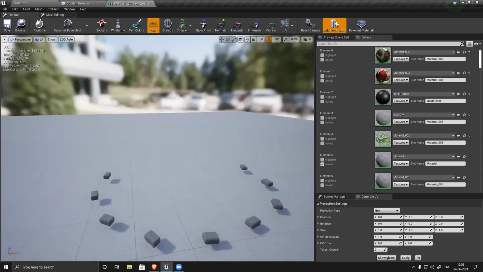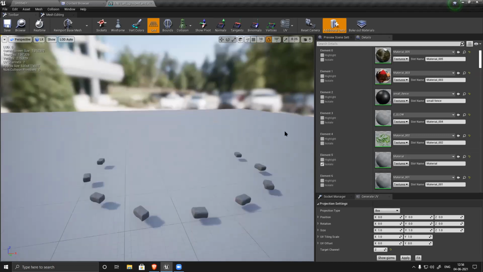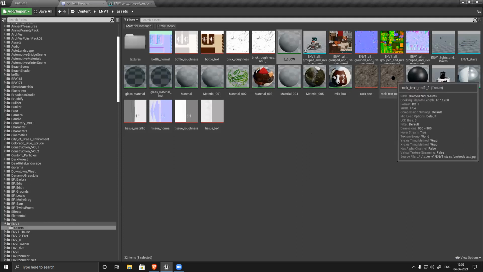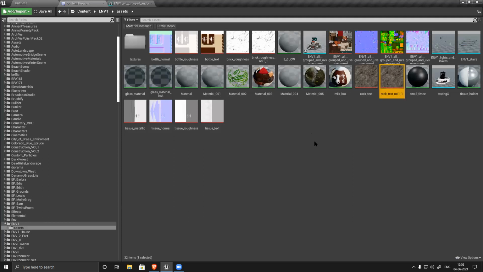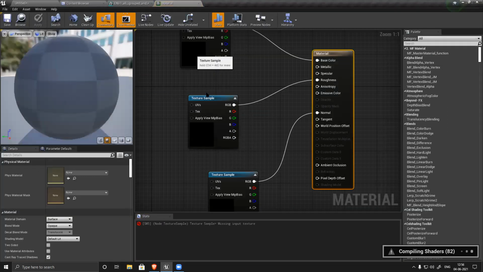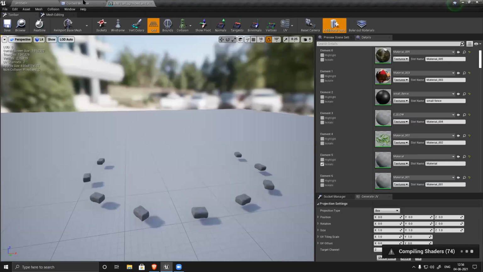I have these rocks. For this rock, which one is the texture? It's this one, sir. Whenever you create a material, always name it so it becomes easy for you. Which one? Tell me so I can give the right info. The rock texture, sir. It's written right, sir. That one, sir. This is texture, material. Like, I believe you have created a texture. Oh, this one. Yes, sir, yes.